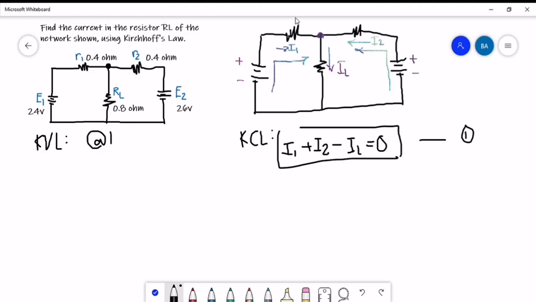So just focus in here. Just neglect this one. Just focus in the loop. It's just like a single path. We will be, so focus in here, our first loop. Just cover this one. Just focus here, our loop here. Just neglect first this one. So when you focus here, and then